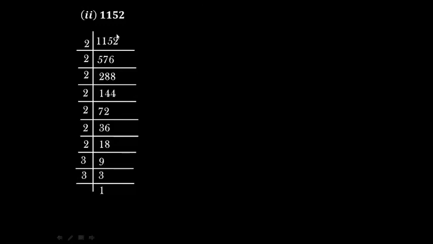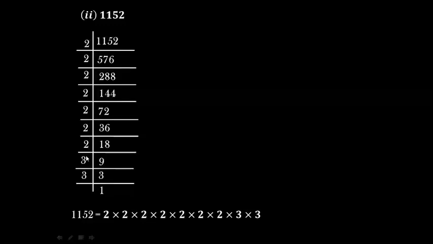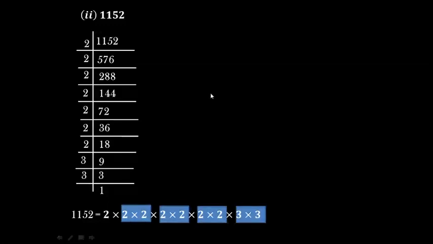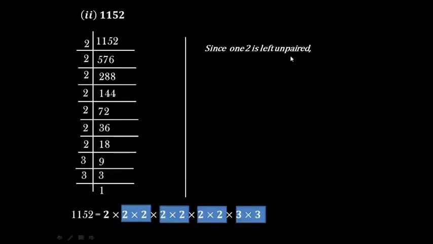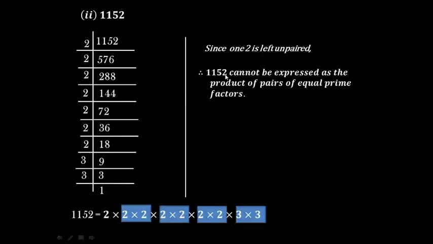So now I will write 1152 in this way: 2 into 2 into 2 into 2 into 2 into 2 into 2 into 3 into 3. There were 1 2 3 4 5 6 7 2s, so 2 to the power 7, into 3 into 3. Now let's make a pair. We got the pairs, but now I can see that this 2 is unpaired. Since one 2 is left unpaired,